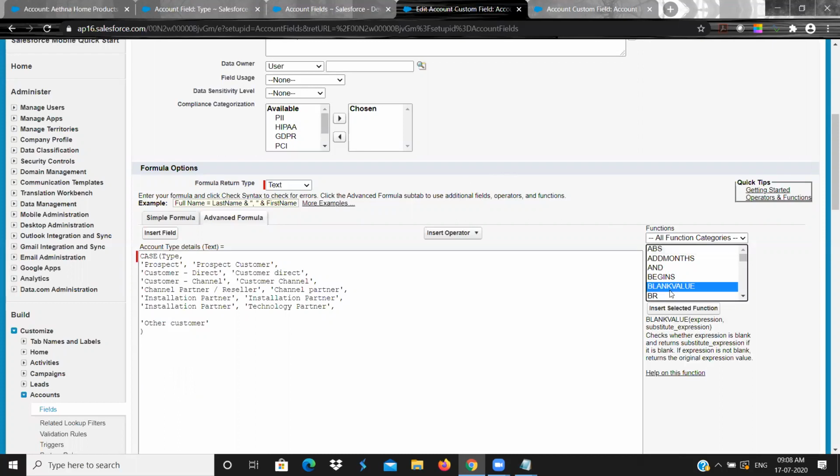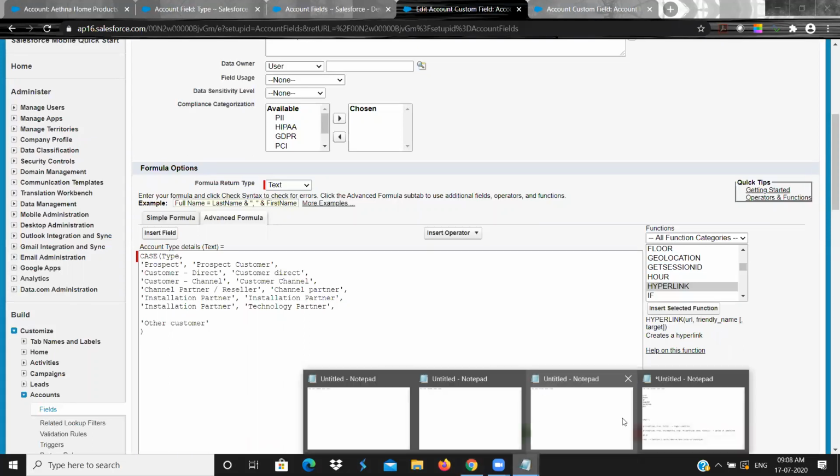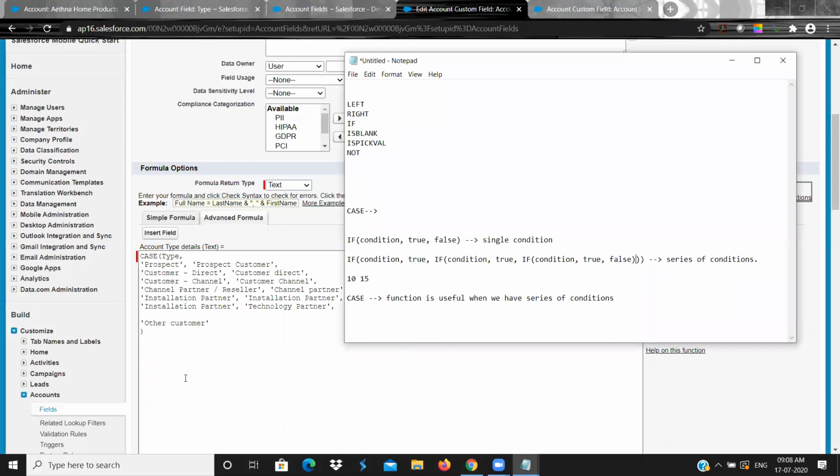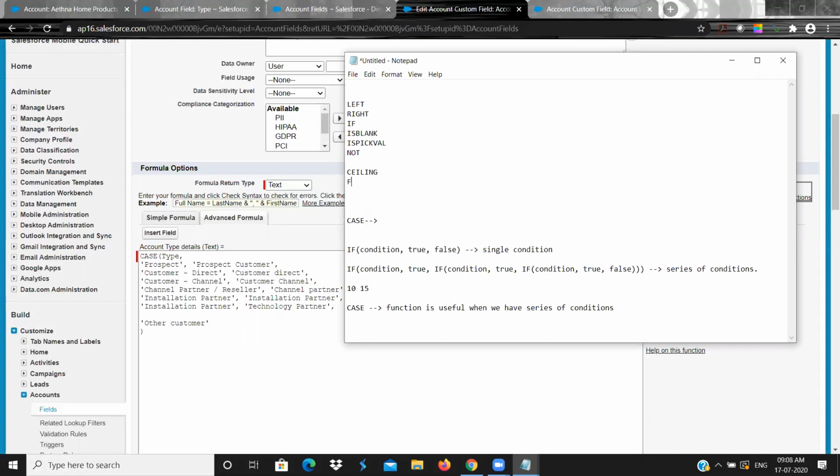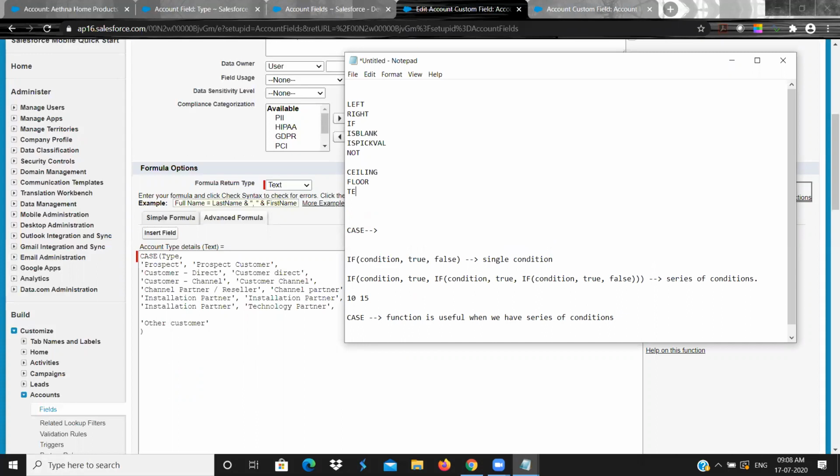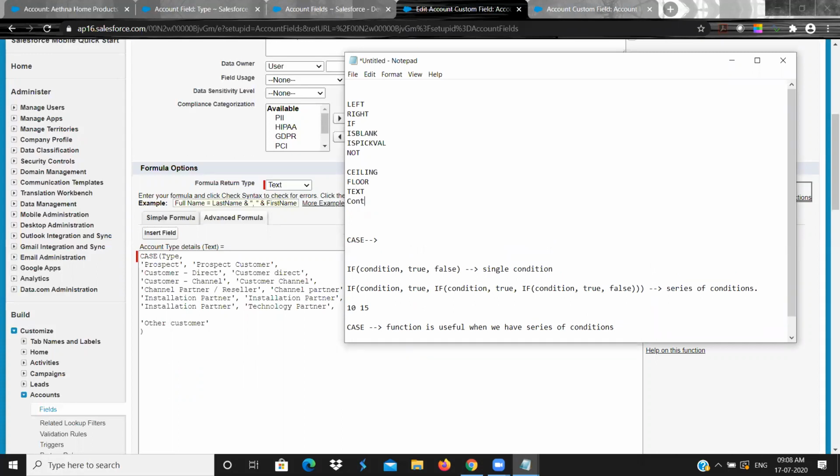Apart from that, I will tell you a few more functions. We have CEILING, FLOOR, TEXT and CONTAINS.